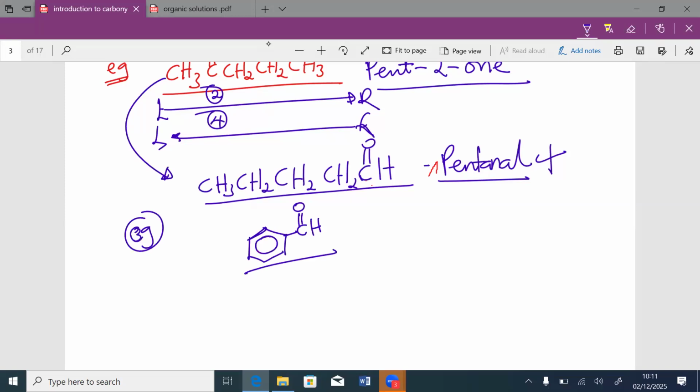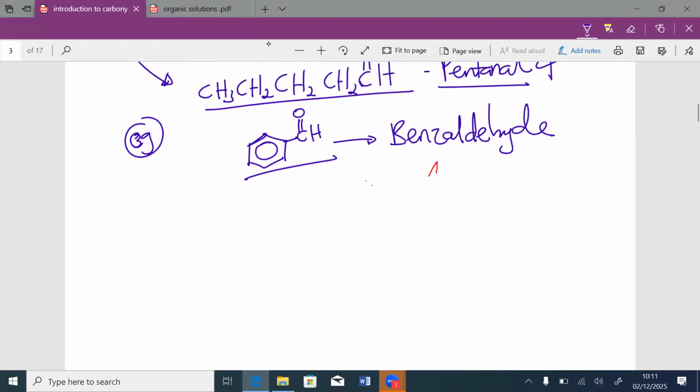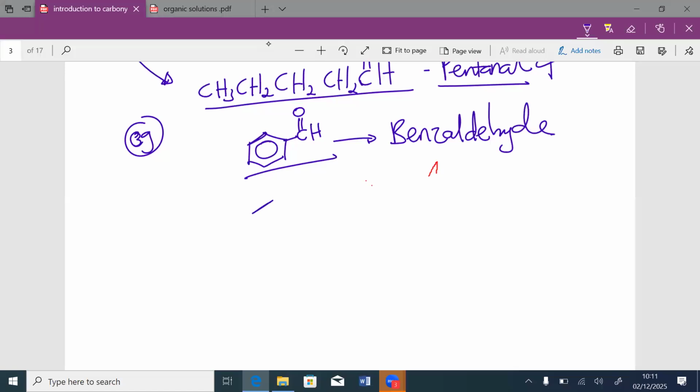That is an aromatic aldehyde. This one's name is called benzaldehyde. Then there are others that have the benzene ring attached onto them. For example, you have